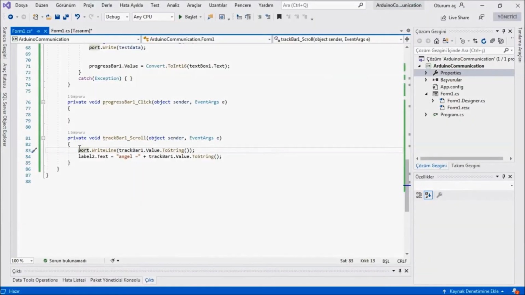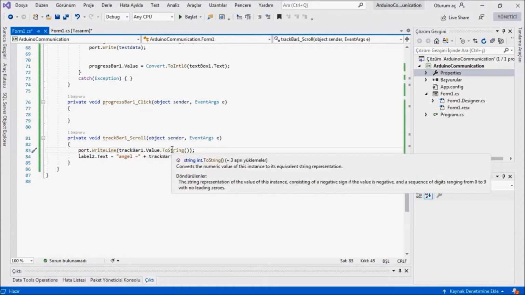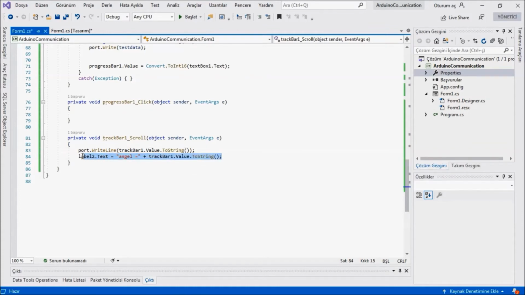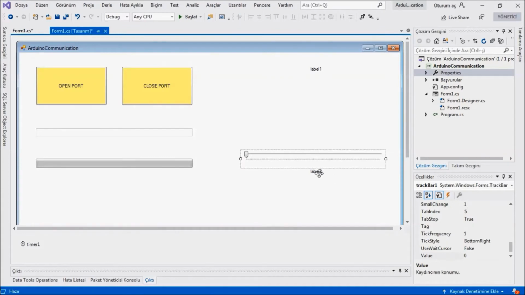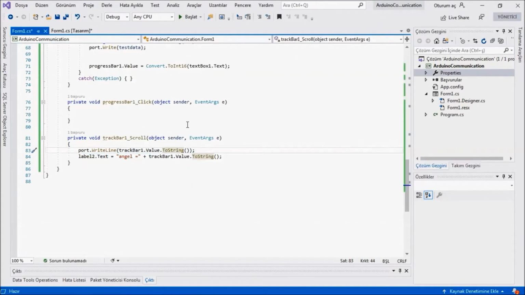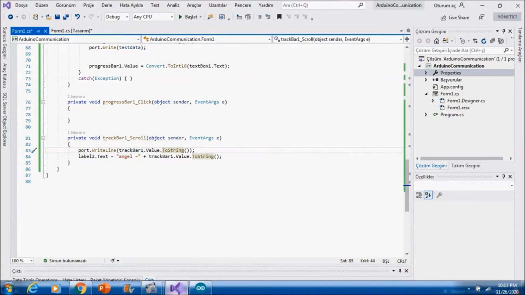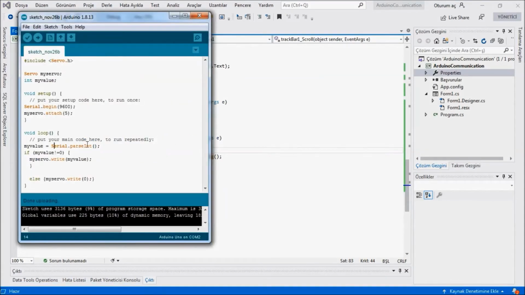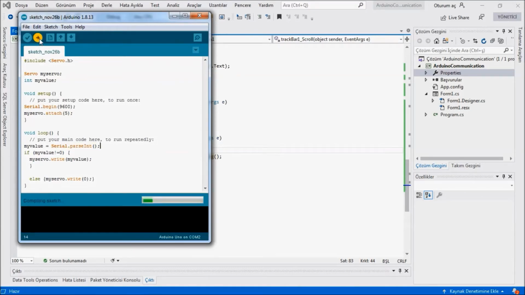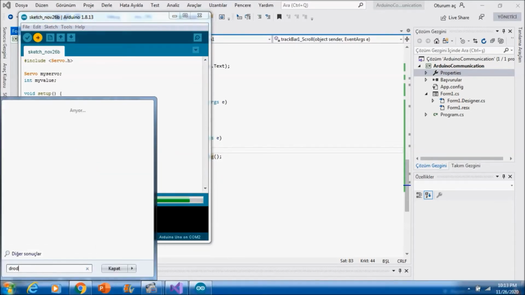To it, you will come to here, port, okay, this is our serial port to write line, write to serial port, trackbar value as string, okay. Now also via label in here we will see our angle value, okay. We are writing to our port as string, and then in the C# side, Arduino side, we are changing it to integer, okay. Now let's send it to Arduino, and it is sending, and also let us activate our Droid